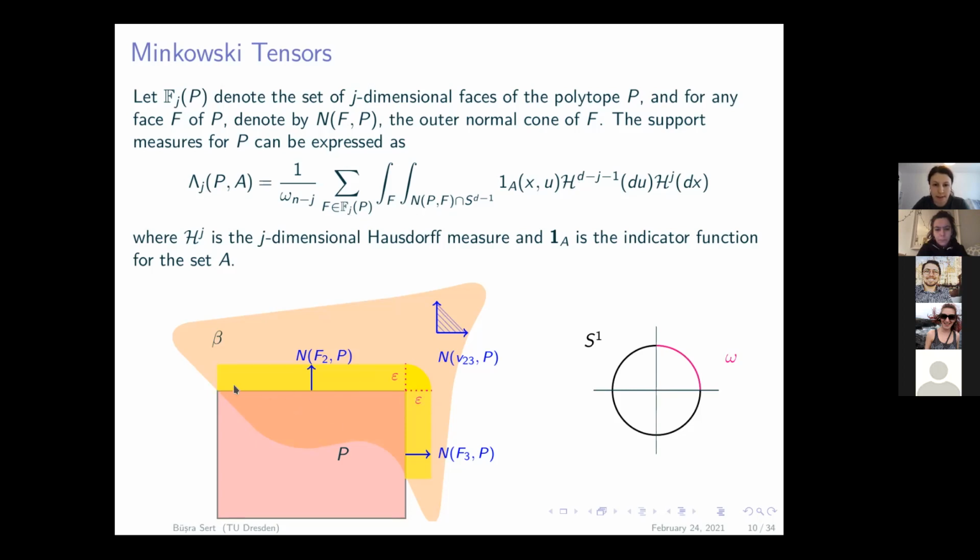So we are considering the facets. Then here the jth Hausdorff measure on the facet will give us the volume of the facet, and the d minus j minus 1 Hausdorff measure here is about the intersection with the sphere. So how will it be, for example, for facets, the normal cone for the facet